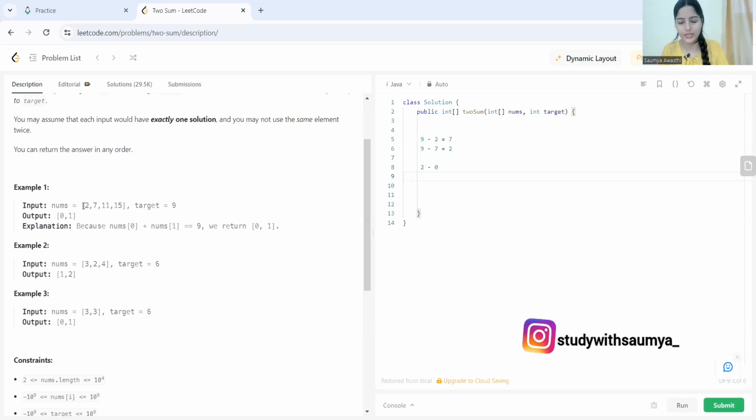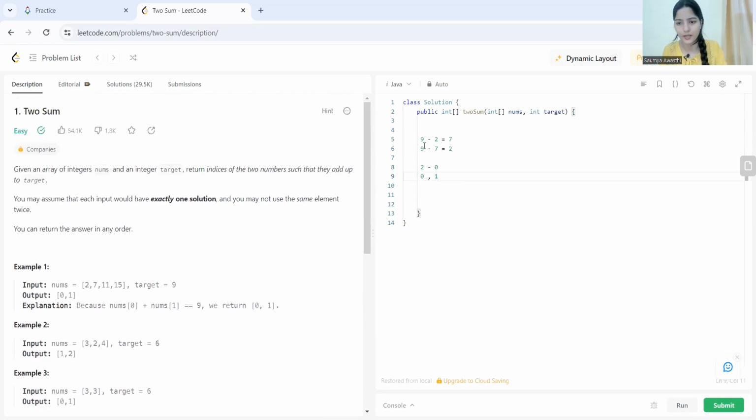The first index would be the value which is associated with the value we have found. So what is the value associated with that? 0. And the other is the ith element on which we are right now. So what is that ith element? That is at index 1. So we are going to return these two. We have got a match, right? We have satisfied the given criteria. So this would be our logic to solve this particular problem.